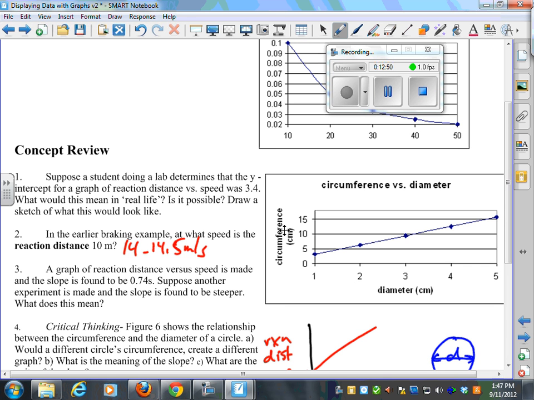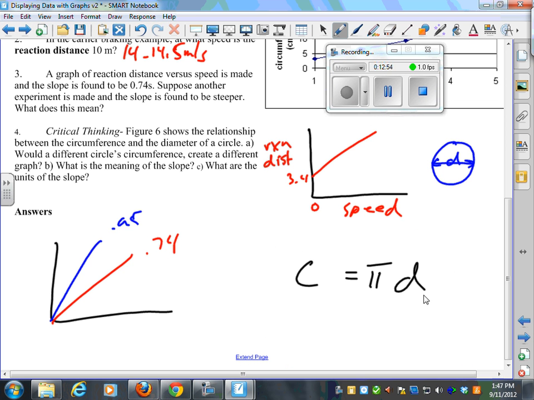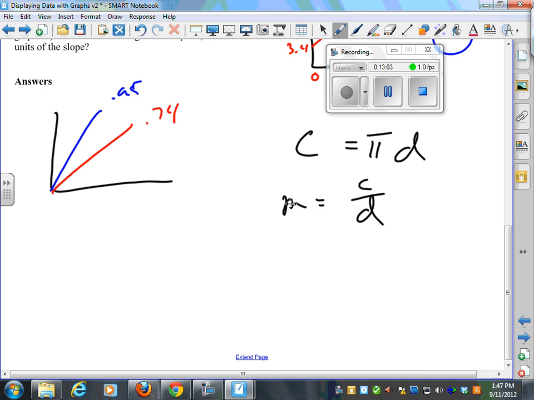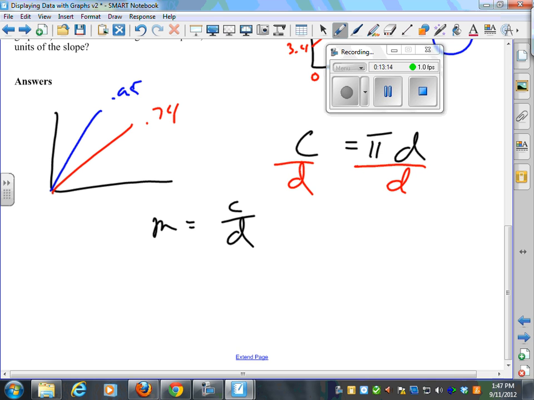Now, if I look at this graph here, what's the y quantity? What am I measuring on the y? What am I measuring on the x? Okay. So in other words, my slope from the graph is circumference divided by diameter, right? M is slope, right? How do I turn this equation into circumference over diameter? I would do that, and then what would happen? And then what would the slope equal? Oh, the slope is equal to